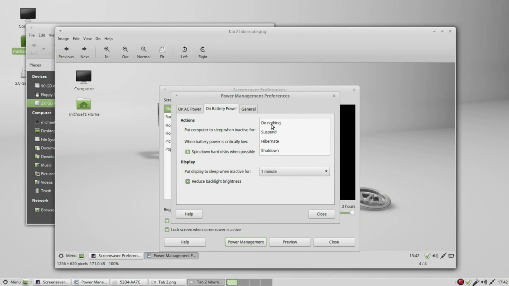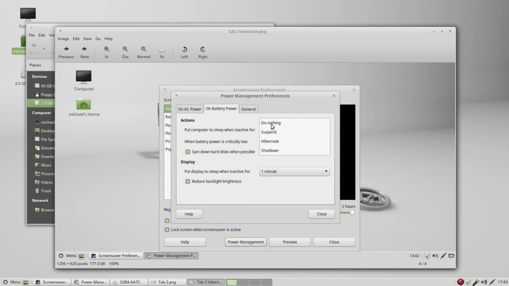Suspend. We already talked about this one, but we called it sleep mode. What this will do will hold everything in memory and go into a low voltage mode. Now this is good if you intend to plug it in soon, but if you wait too long, eventually the battery will die. When this happens, you'll lose everything that's in memory and it is not going to do a proper shutdown. So when you're using your battery, suspend, also known as sleep mode, is good for short periods of time.